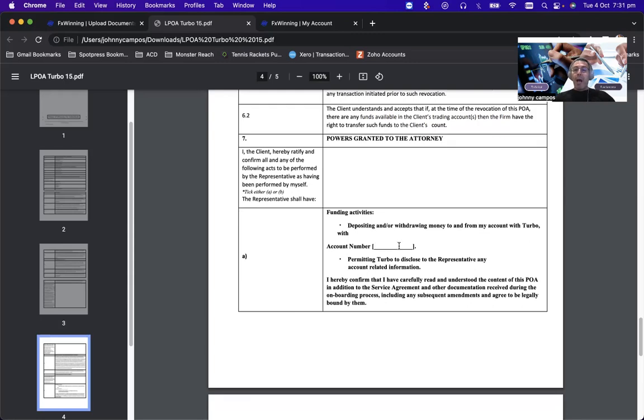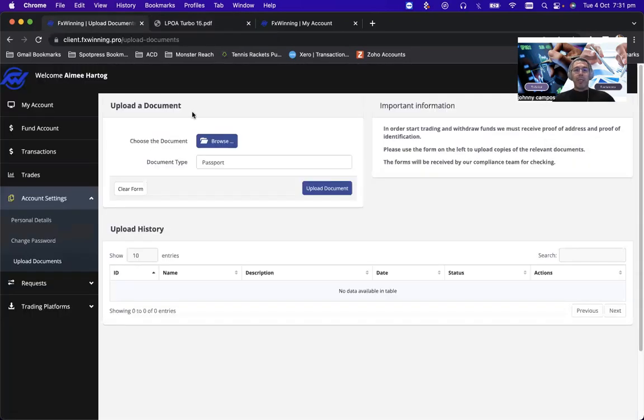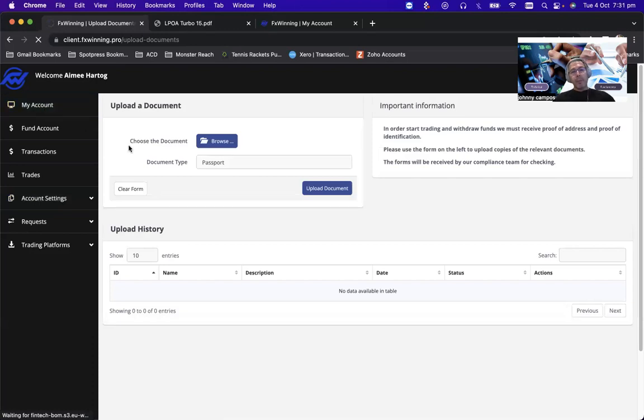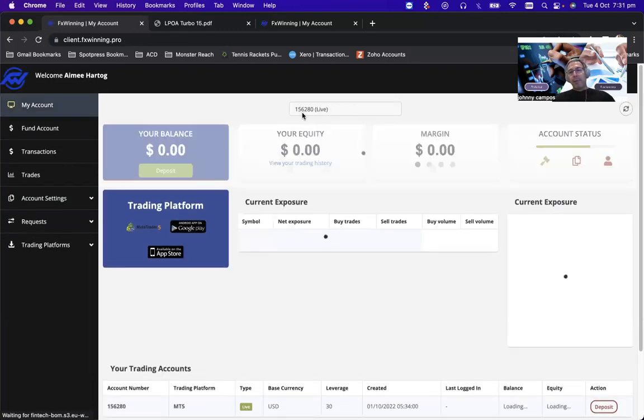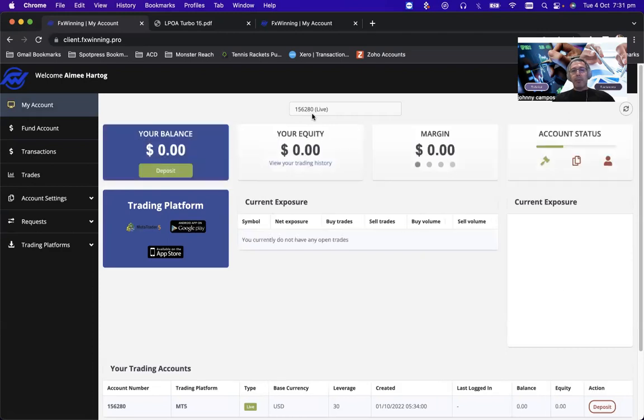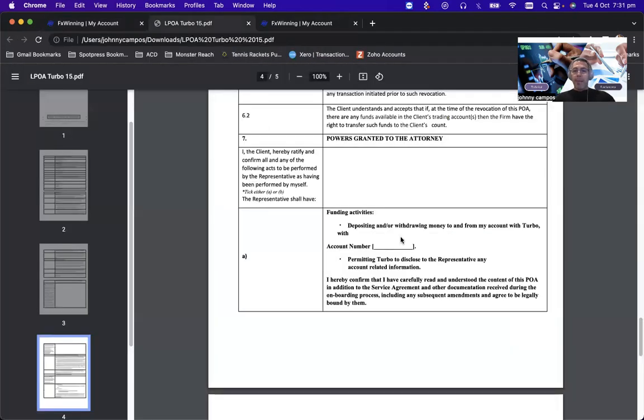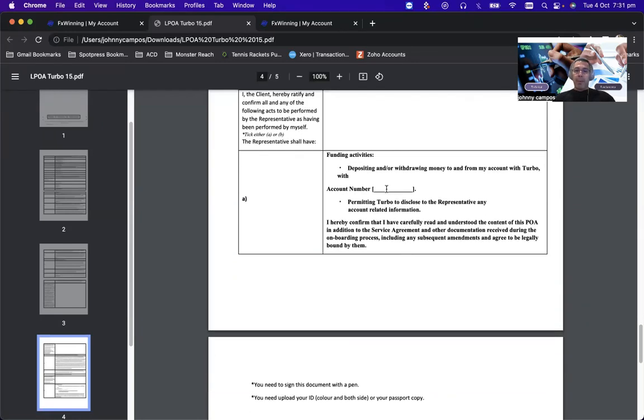Then your account number is the 6-digit account number that is on your FX Winning account. So if you go to my account, at the top you have 6 numbers. This particular one is 156280. Your number will be a completely different number. That number needs to be written here. That way FX Winning knows that it is this particular account that Turbo is getting authorized to trade on your behalf. Okay, so once you put your number there,